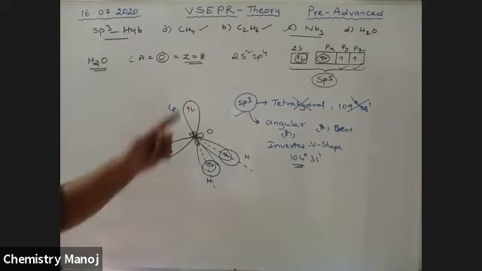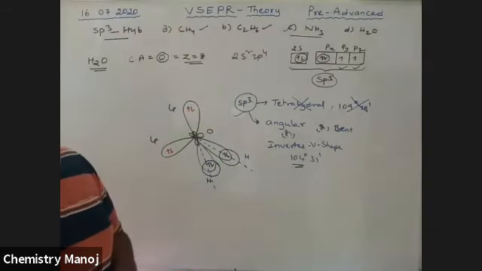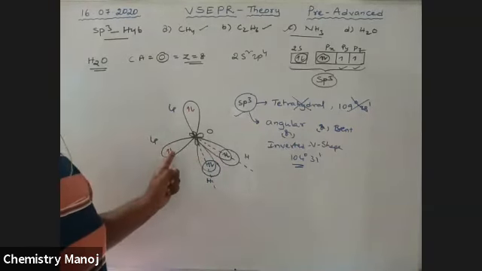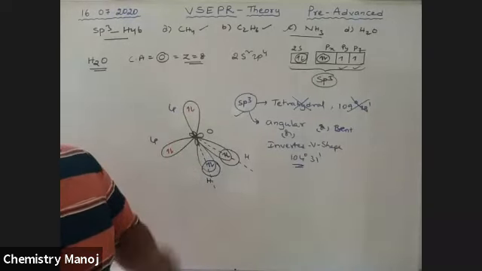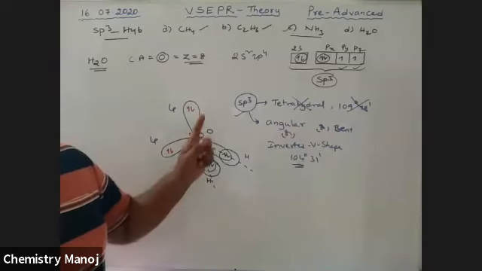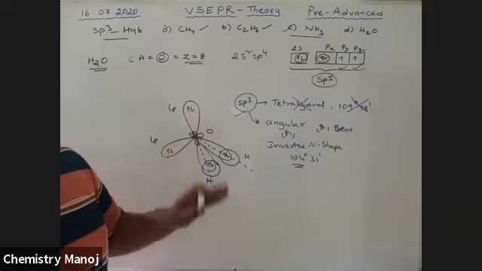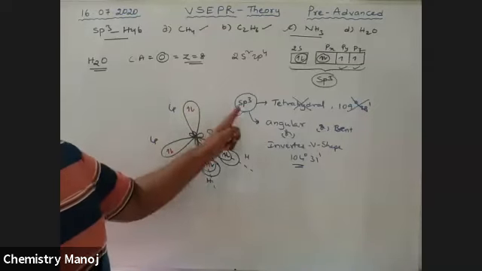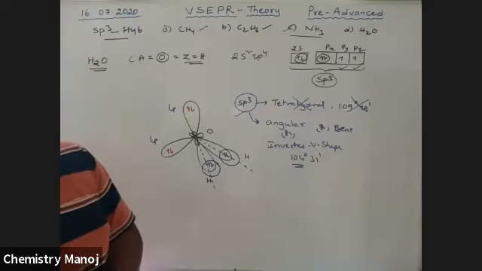See, my dear boys, in the ammonia molecule, 1 lone pair is there. In the water molecule, 2 lone pairs are there. But in methane or ethane, no lone pairs are there. So the presence of these lone pairs deviates the shape. These lone pairs influence the shape of the molecule, which was not identified by Lewis or Pauling. So hybridization does not explain the water molecule shape. The hybridization in H2O is sp3, but the actual shape is angular or bent, with bond angle about 104 degrees 31 minutes.